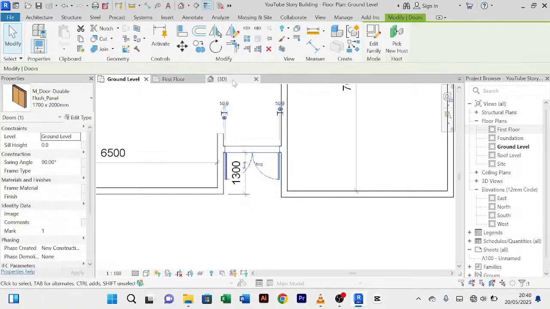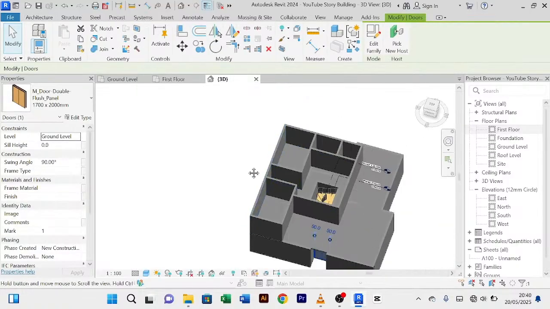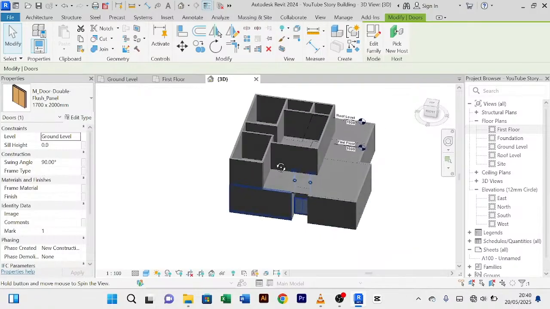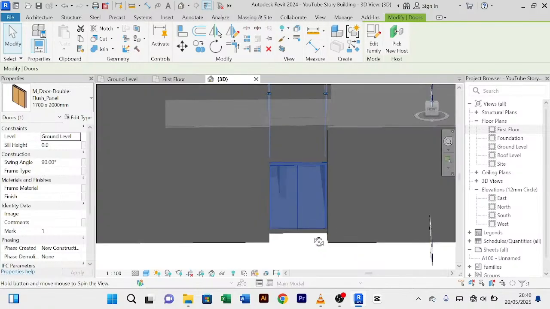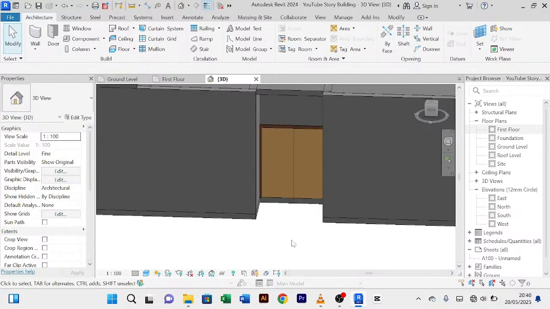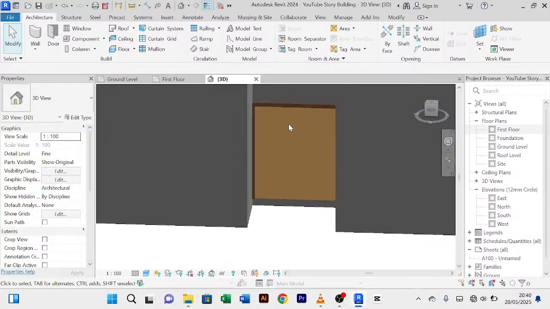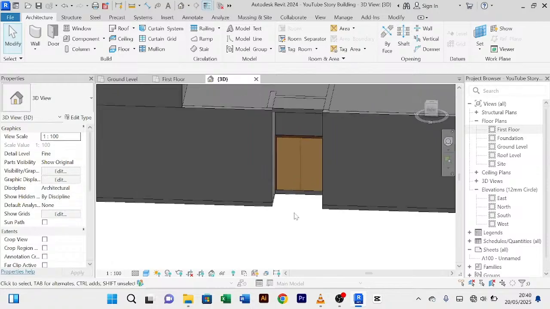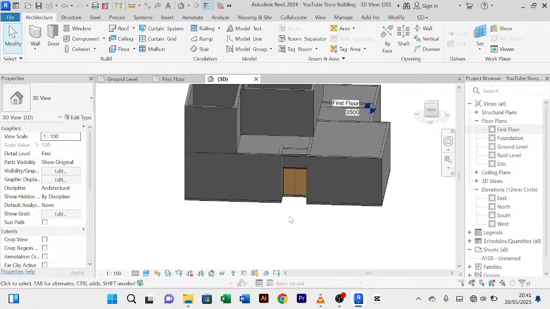If we come to 3D, you'll be able to see it here. You see that? So that is our exterior door. I don't like the way this door looks, but for practice this is okay, so I'll go with that. If I get other components, I'll be able to put better ones. Though I have that same project where I could easily get the components from, but I wanted to show you